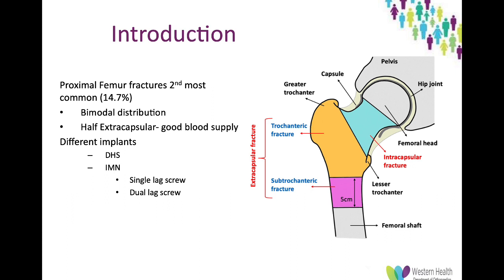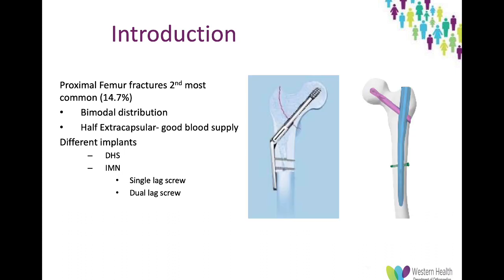Extracapsular neck of femur fractures occur distal to the hip joint capsule, and this means that the blood supply to the fracture site is adequate and therefore enables fracture healing. In these fractures, internal fixation is a viable method of operative fixation. There are two different implants that we use for internal fixation, and these include a DHS or an intramedullary nail. With the intramedullary nail, you can use a single lag screw or a dual lag screw. These two internal fixation devices are pictured on the